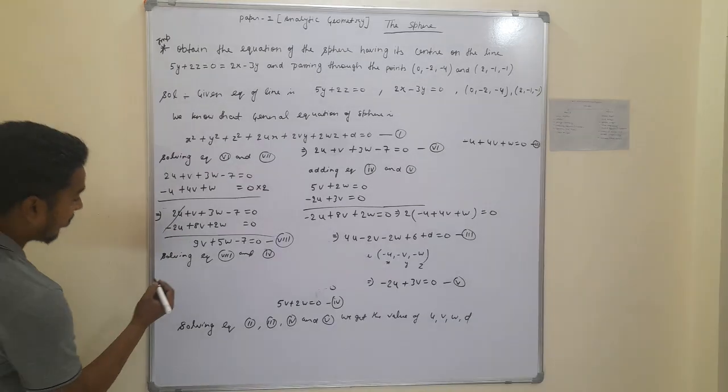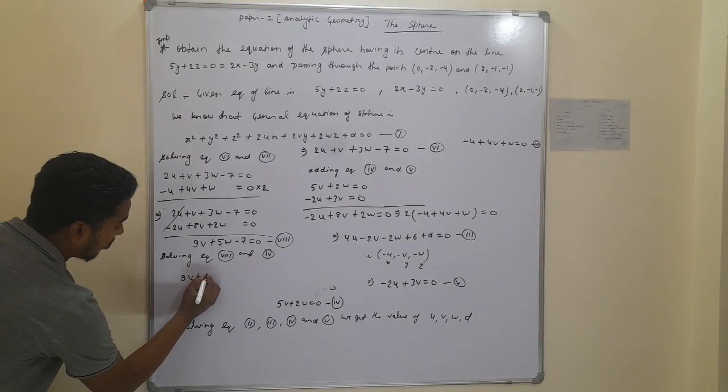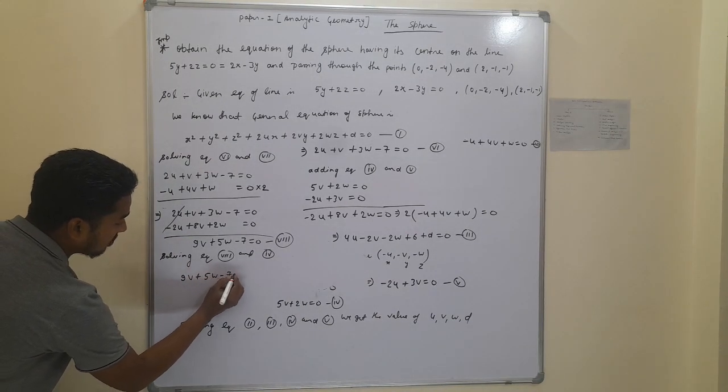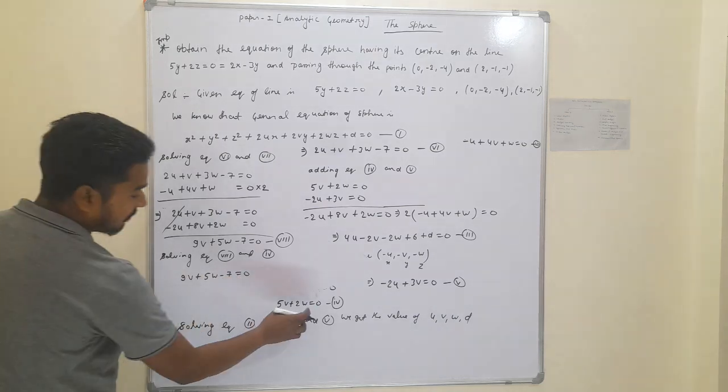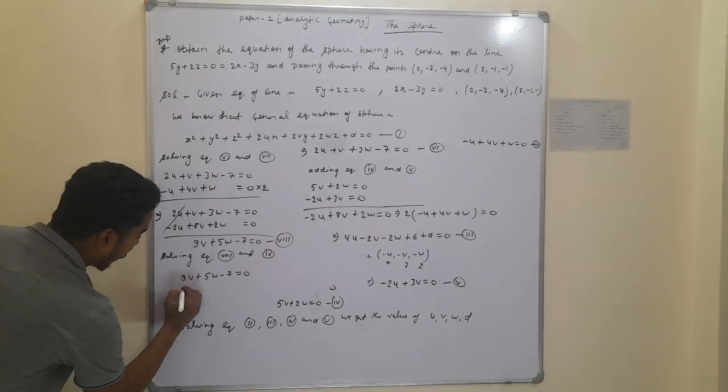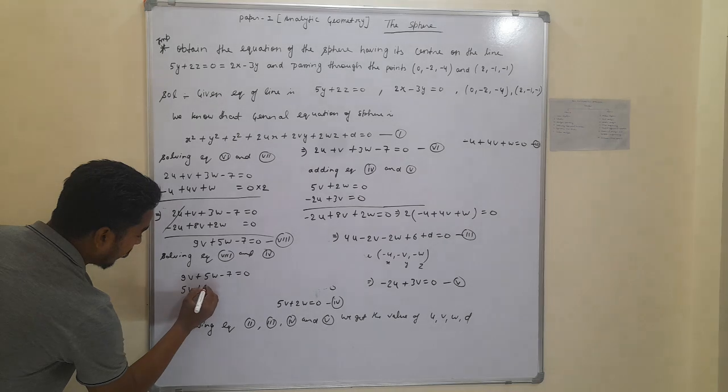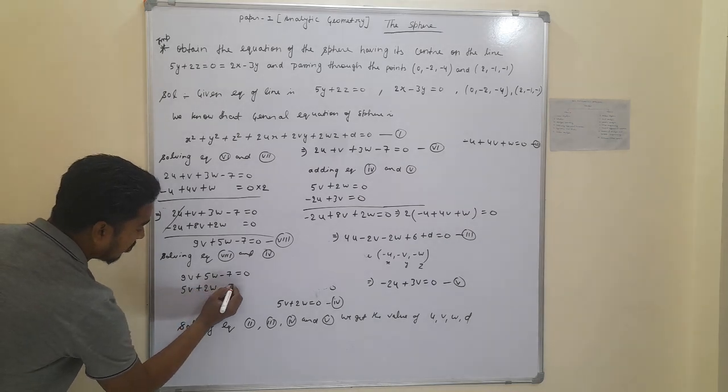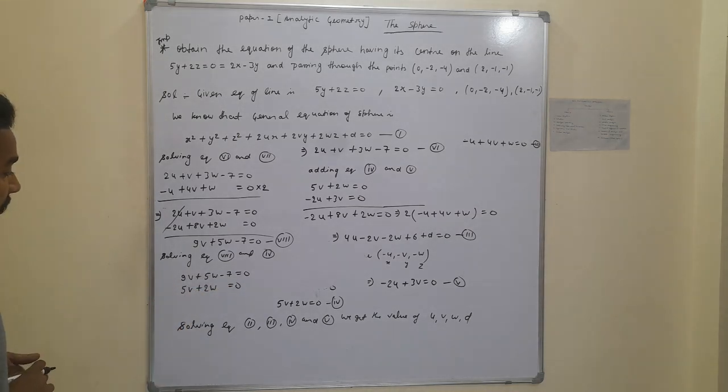Equation 8th is given by 9v plus 5w minus 7 is equal to 0, and equation 4th is given by 5v plus 2w is equal to 0, and we have to solve